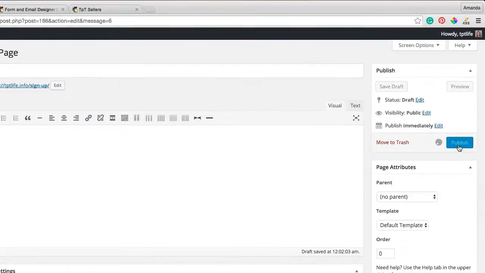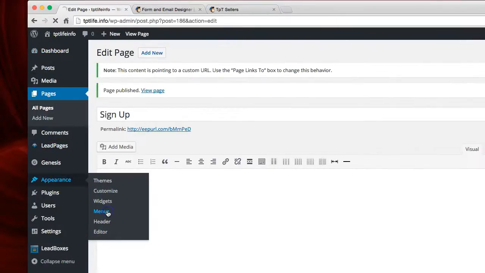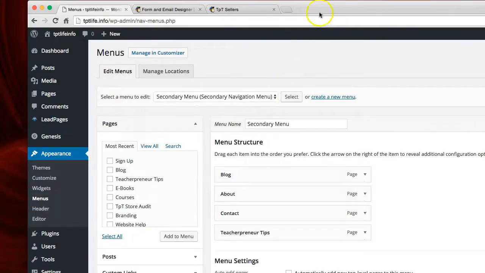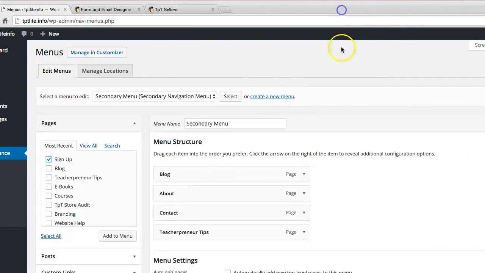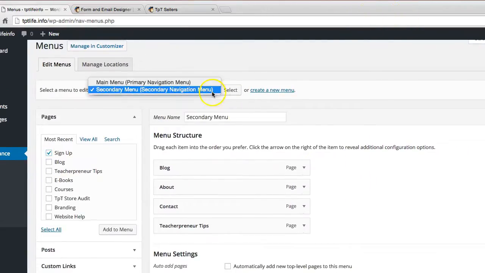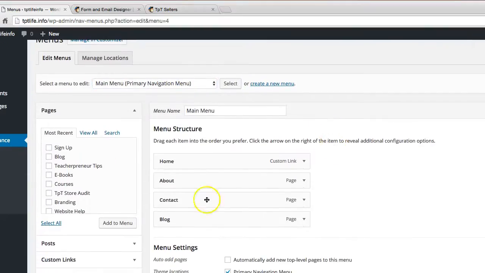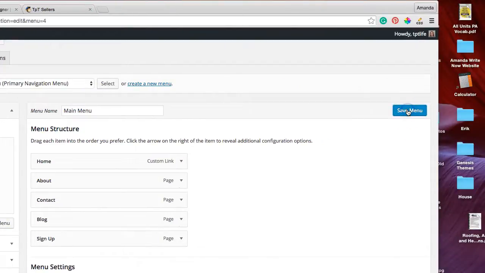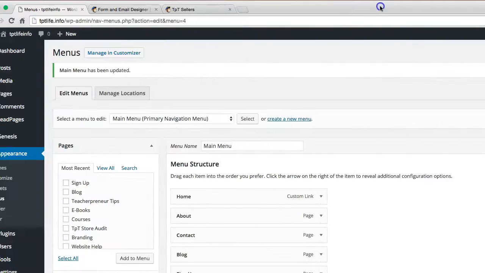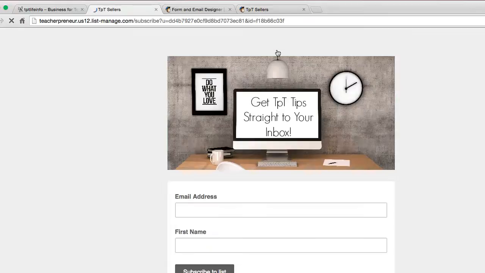publish, and then I need to make sure to put that page in my menu bar. So I'm going to go over here to sign up, and I'm currently on my secondary menu. I need to go to my other main menu, select that. And you could do the sign up on the secondary menu too. So I'm going to click sign up, add to menu. And now I'm going to save this. And when I go to my site, I should be able to click it and it should go straight to